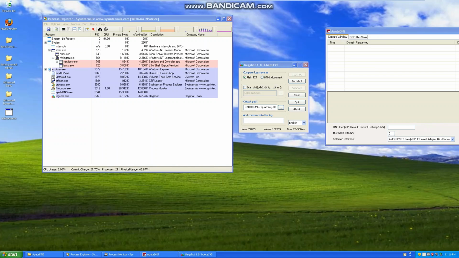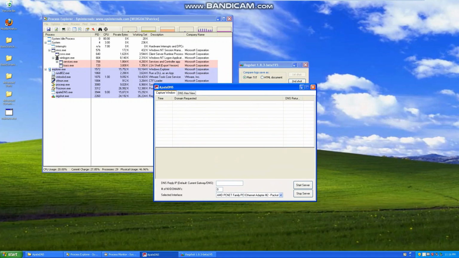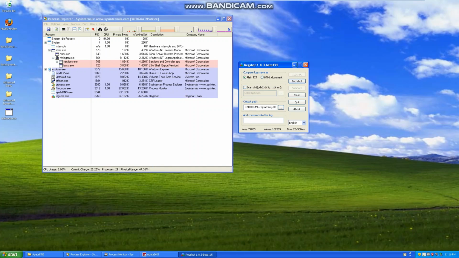And guys, now we are in the VM. So first things first, I'm going to set up my Apate DNS and set my DNS reply IP to my localhost address, 127.0.0.1, and let me start the Apate DNS server. The server has been started